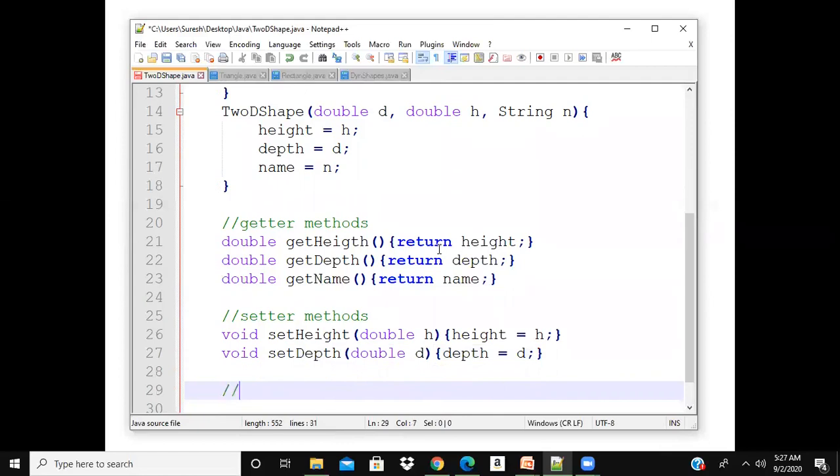Let me write a method to display the dimensions. So void show dimensions.